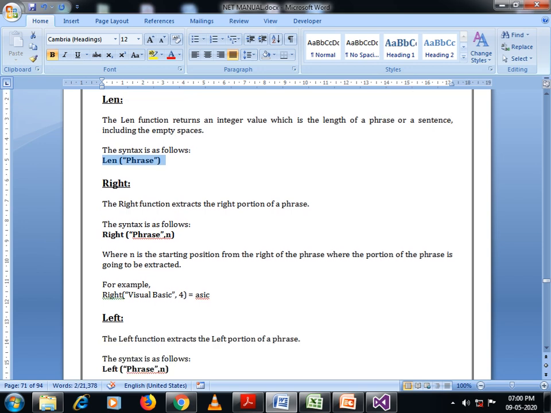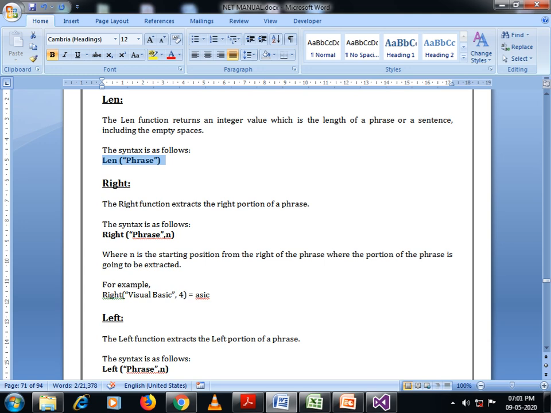Next function is the Right function. The Right function extracts the right portion of a phrase. If I would like to extract 3 characters from the right side of the given string, at that time I can use this function.